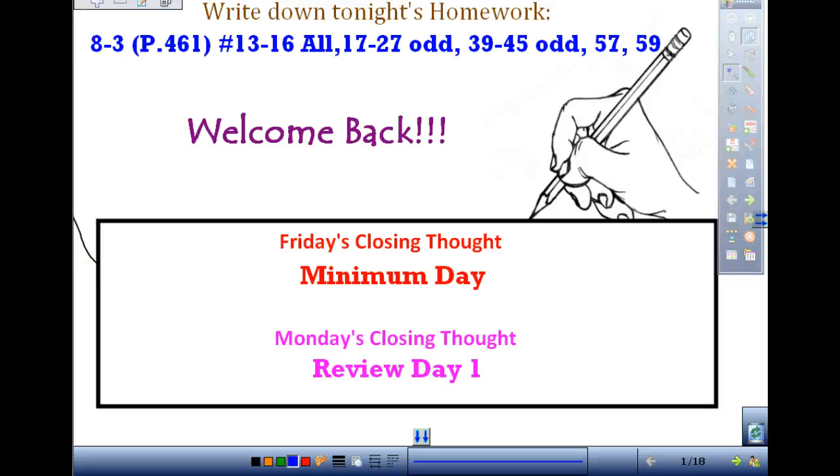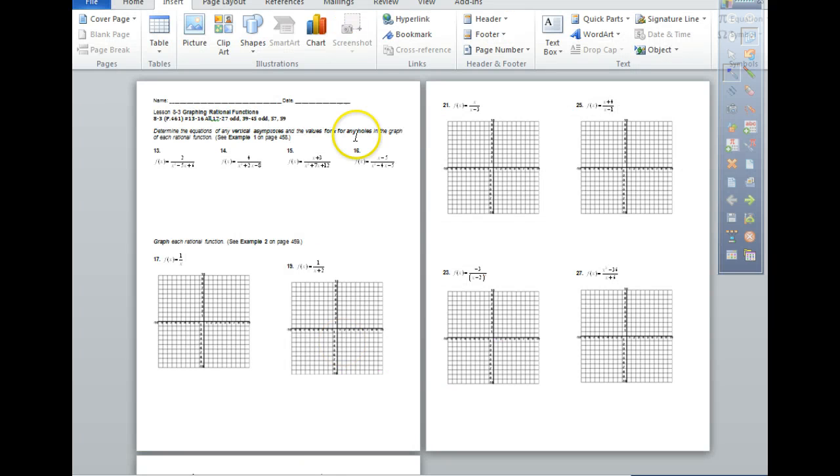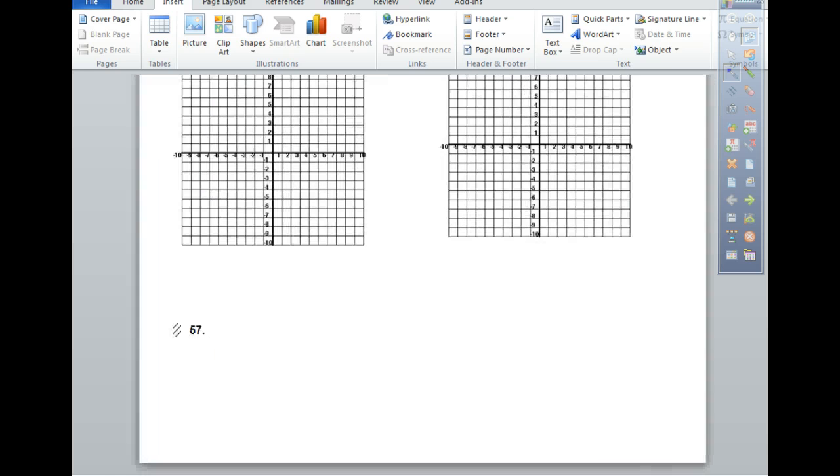Okay, let's begin. First off, here's the homework. I am going to give you a worksheet that covers up to here. Okay, that looks like this. Let's see. That one. That has the graphs that you'll need